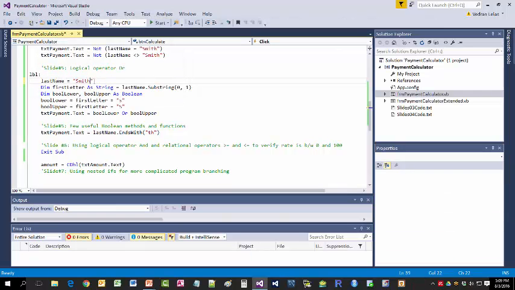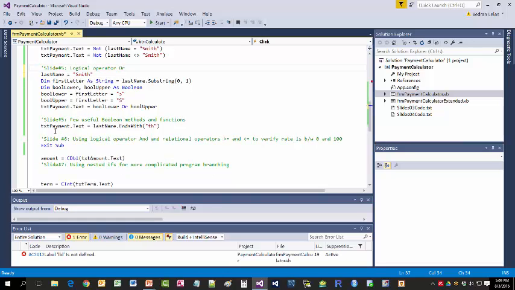Let's revert back to Smith. Another extremely useful Boolean function we will use quite often is IsNumeric. This function determines if the string is a legitimate number, either double or integer, and returns true if it is, false if it's not. This is clearly useful for validating user entry for variables such as amount, rate, and term. Move the label right back after the last line of code, to skip it all,